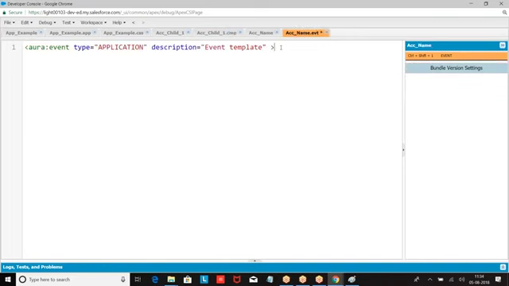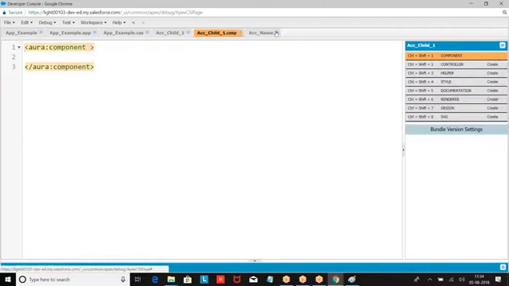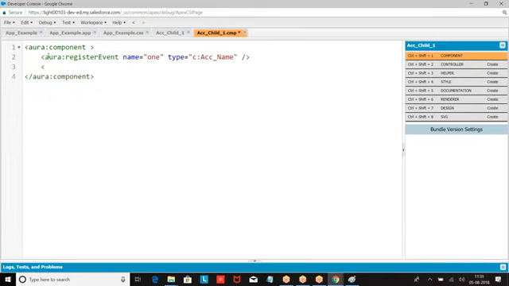So in the event, what we are taking, name we are taking. Right. So that's done. Your ACC name. I'll remove this to get the space there. Register event. Sequence. Then I'm going with